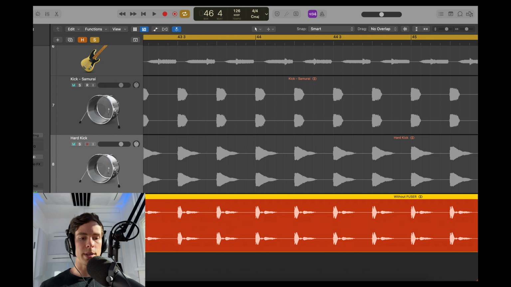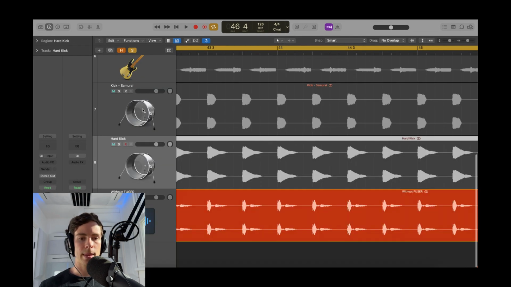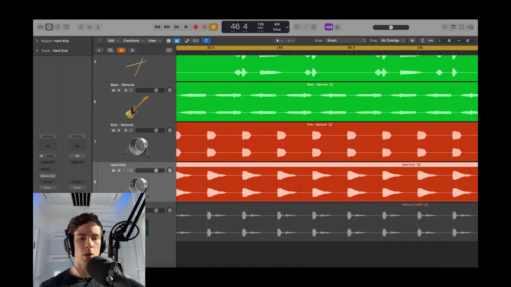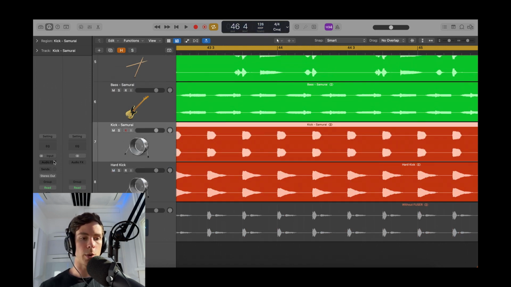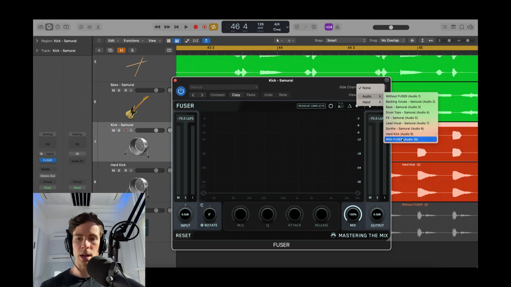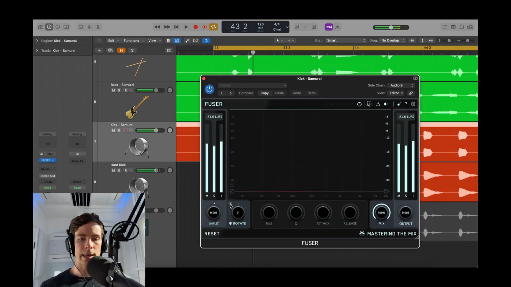And what we're going to do is use the automatic phase analysis on these kicks to resolve that problem. So I'll instantiate FUSER on one of the kicks, I'll sidechain the other, the hard kick, and now we're going to click this button here.